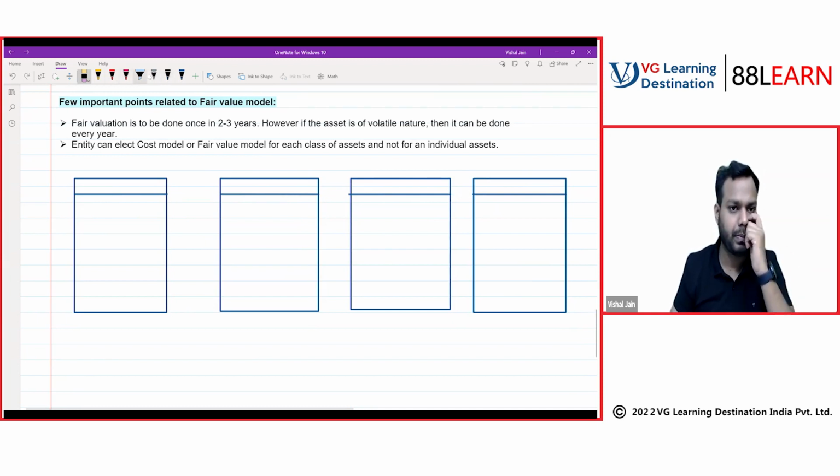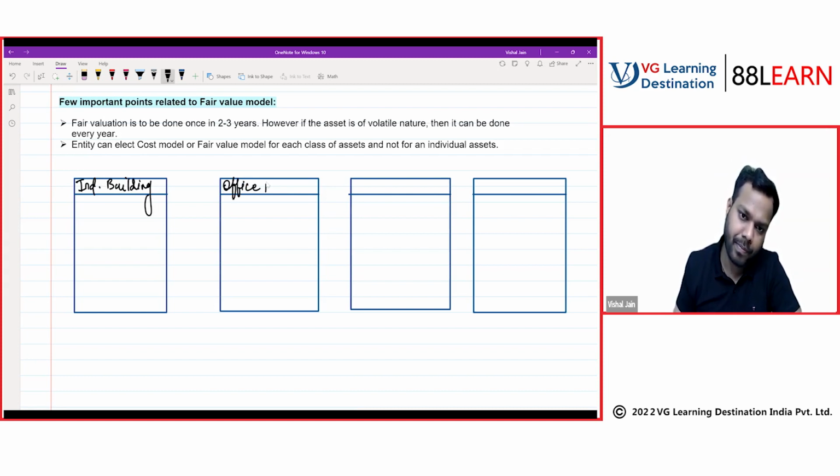Now, a class is, let's suppose, industrial building, office building, plant and machinery, furniture. Okay, now industrial building number 1, industrial building number 2, industrial building number 3, industrial building number 4, office building number 1, office building number 2, office building number 3, plant and machinery